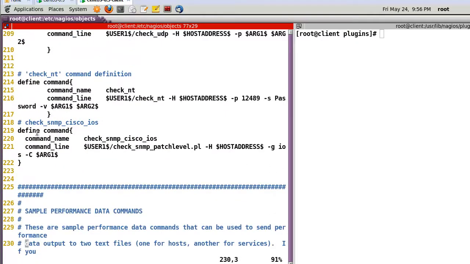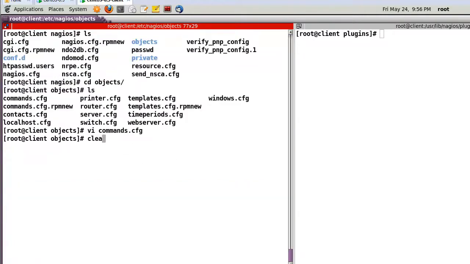In my case, line number 219 command here. Check SNMP Cisco iOS, and here check SNMP patch level, and the host in my case will be 192.168.8.11 like this. Okay, and after that,